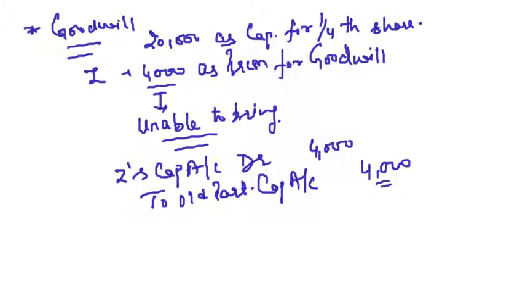This we have discussed in the topic of goodwill in detail, right? Now if we debit Z's capital here, what will ultimately be the capital of Z? 20,000 he brought in as capital minus 4,000 that we are debiting, that he is not bringing as premium for goodwill. This will turn out to be 16,000,